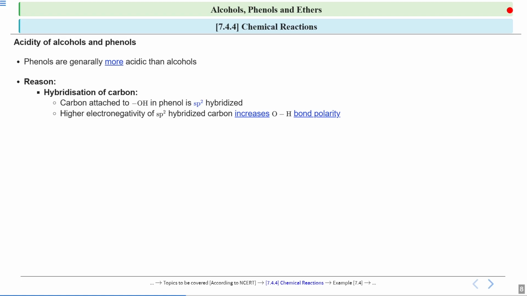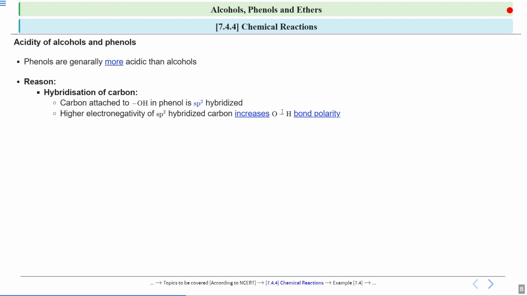So now what will this oxygen do? This oxygen will say to this hydrogen, I am sorry, because carbon is withdrawing the electron density from me, I will withdraw the electron density from you. So this oxygen will withdraw the electron density from this hydrogen. So the oxygen-hydrogen bond becomes more polar. When this bond becomes more polar, the hydrogen will leave easily. Because, as we comment on acidity, the substances which donate H plus more easily are more acidic.